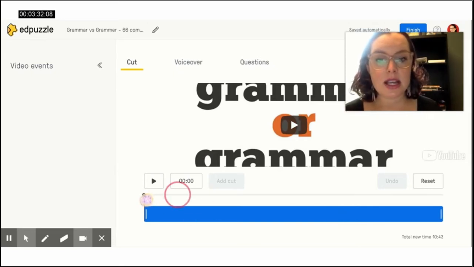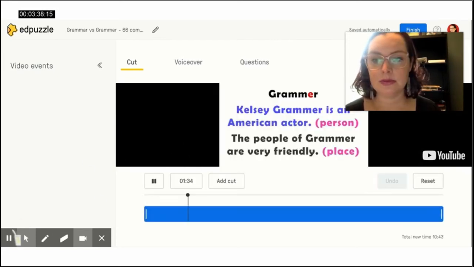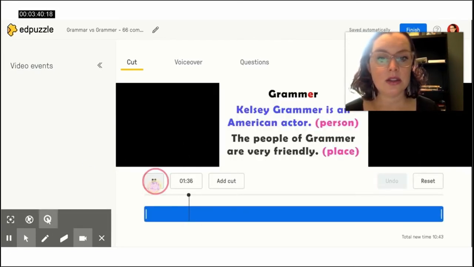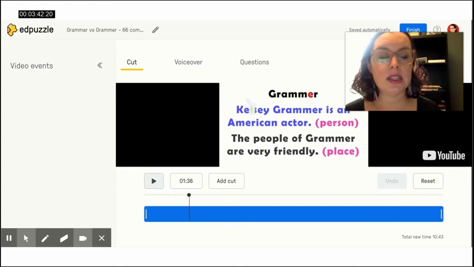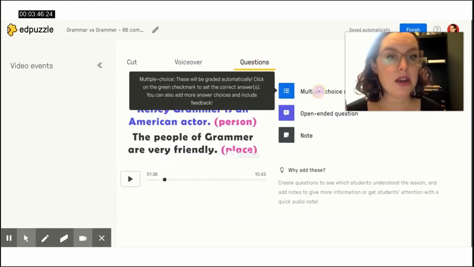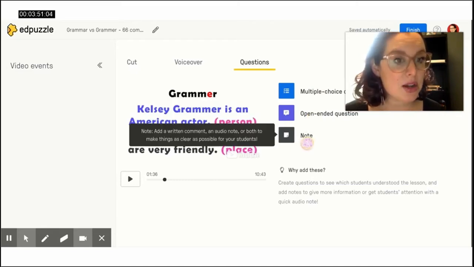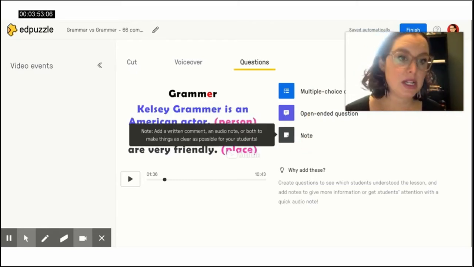And from here, I can move my cursor. Right here, let's say I want to add a question. I'm going to come up to the question button, and from here I can choose multiple choice, open-ended question, or I can just add a note, which I think is a really nice feature.